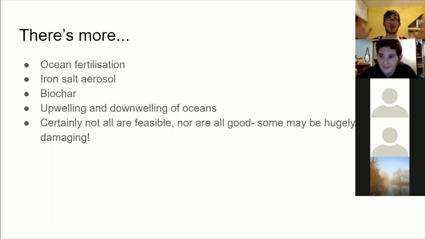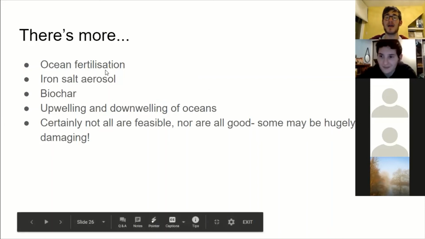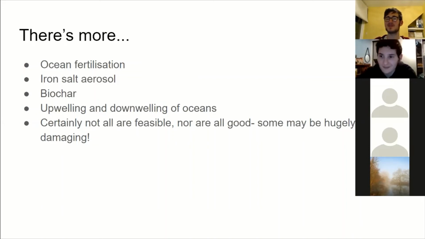There's more solutions as well. Again, I said a lot of these I don't agree with. In fact, a lot of these I think are bad science and don't work. But here's some of the solutions that people have proposed out there. Ocean fertilization, where you basically put nutrients into the ocean to promote the growth of plankton and algae, which in theory removes CO2 from the atmosphere and then dies and goes to the ocean floor. The problem with that is tests have indicated that it doesn't work, and it can have severe ecosystem damages.